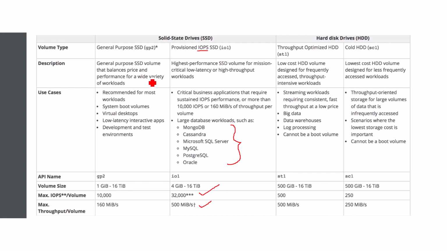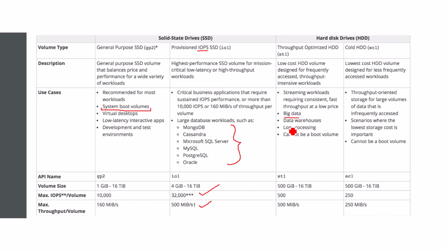The other thing is that General Purpose SSD is the common SSD, and most of the time we configure General Purpose SSD. It is recommended for most workloads, like an application server where you want some cache memory, or persisting data like Redis. You can use General Purpose SSD. The main purpose of General Purpose SSD is the system boot volume. So whenever a question mentions a boot volume, the first preference is this one. If it is talking about a database, then go for Provisioned IOPS.